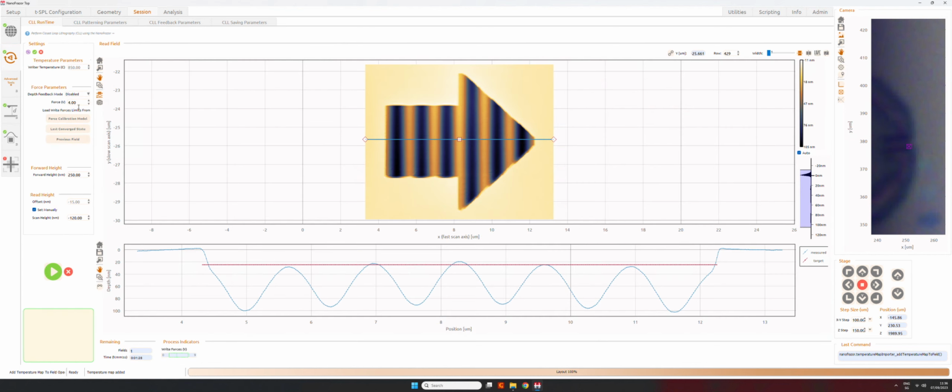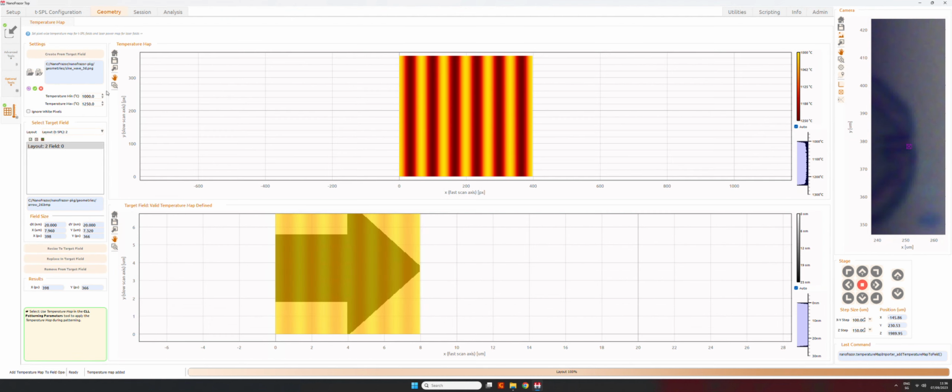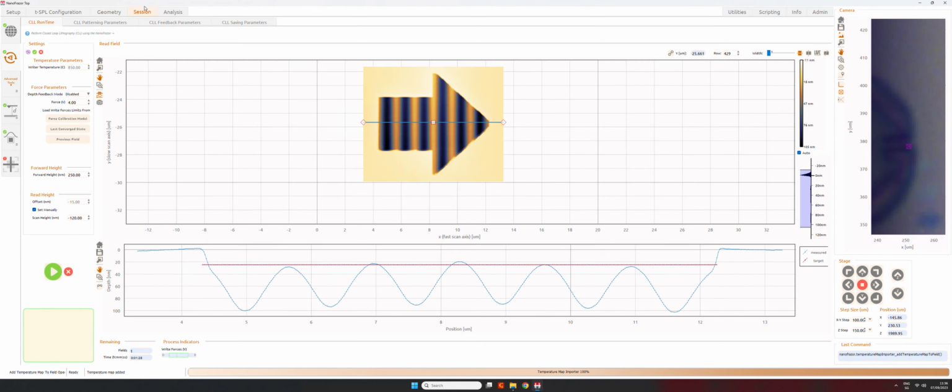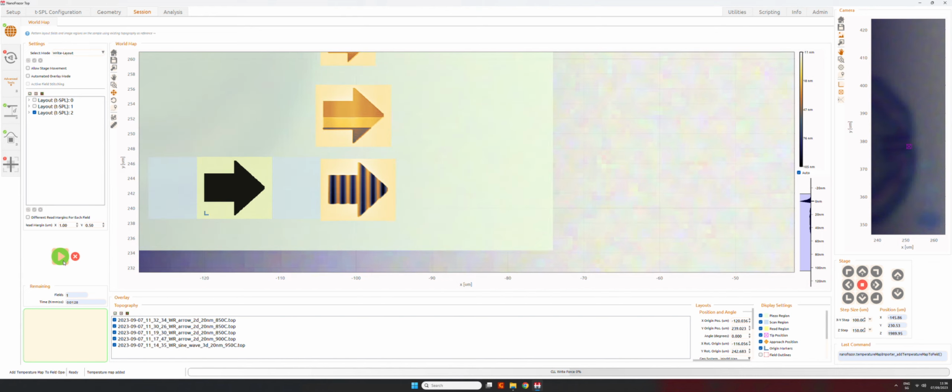At some point, the thermal bending will be able to also write in the areas where we're not applying a force. So actually, let's increase it even more, 1050 to 1300. Replace it. So now I will decrease the force quite a lot. So I just put 1. And we can start the pattern.